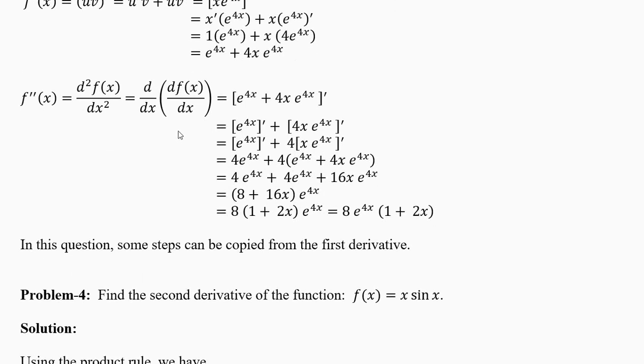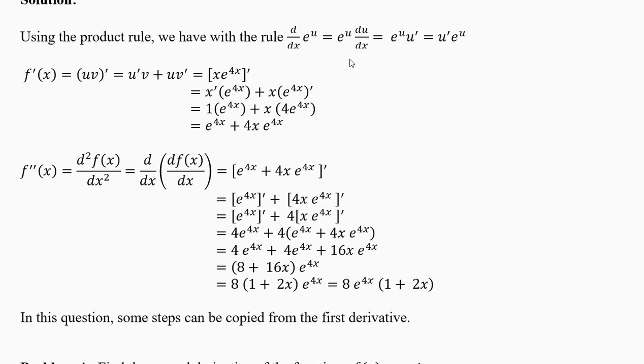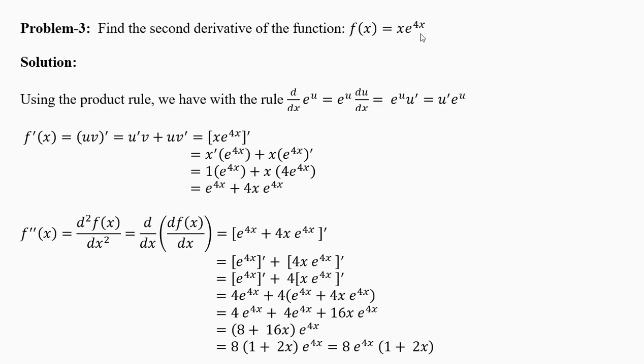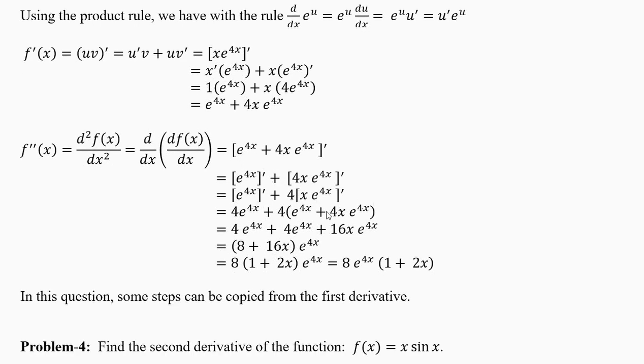Now the second derivative is the derivative of the first derivative. So write the first derivative from here to here. Just copy it. Now you differentiate e power 4x, you will get 4 e power 4x. Now this 4 you take outside, you are left with x e power 4x. But that is your original question. X into e power 4x, and the derivative of x into e power 4x, we have seen it here. So just copy the first derivative here.